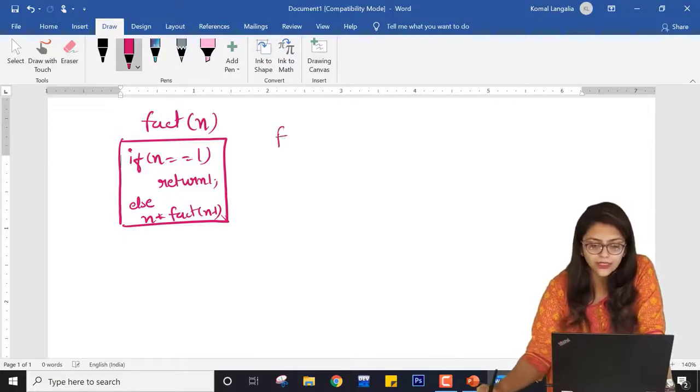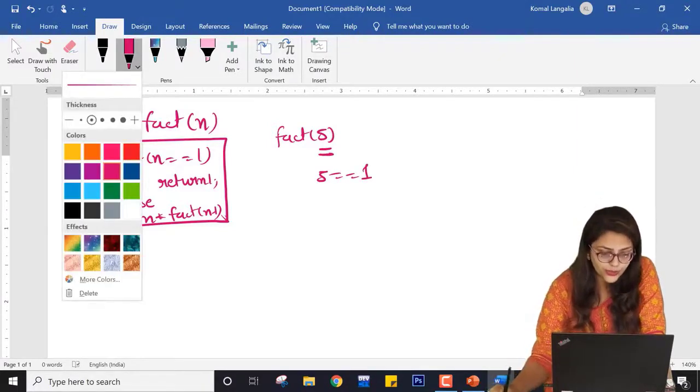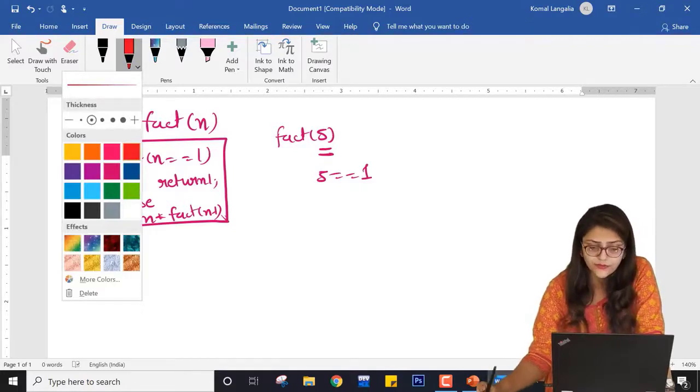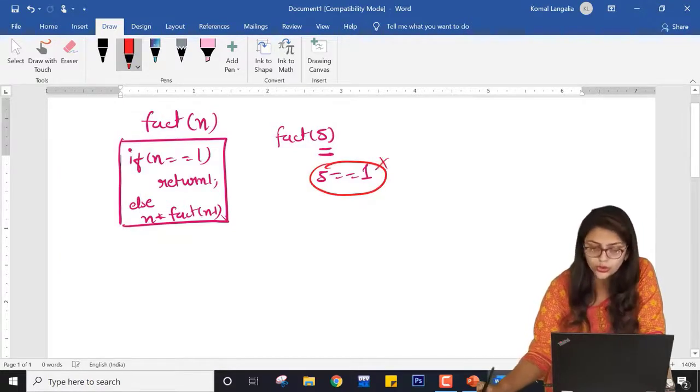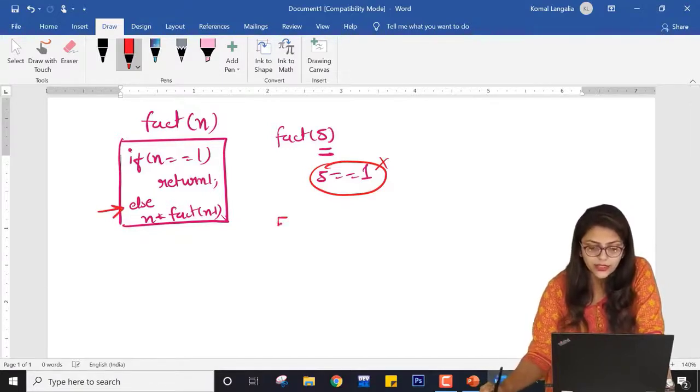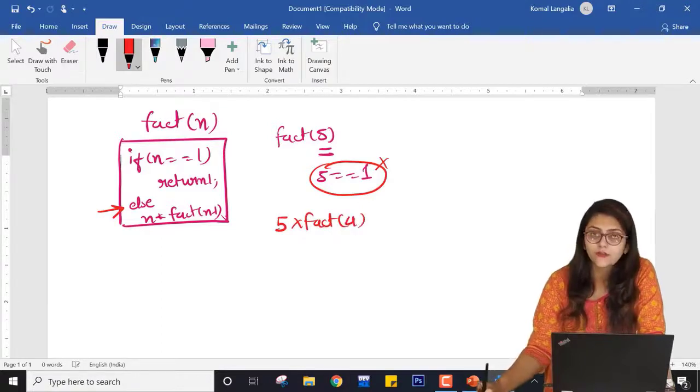So what is happening when I am writing fact of 5? It will just check if this 5 is equal to 1 or not. So if this 5 is equal to 1, no, the condition is false. So it will go to this else. Inside this else I have written n into fact of n minus 1, that is 4.